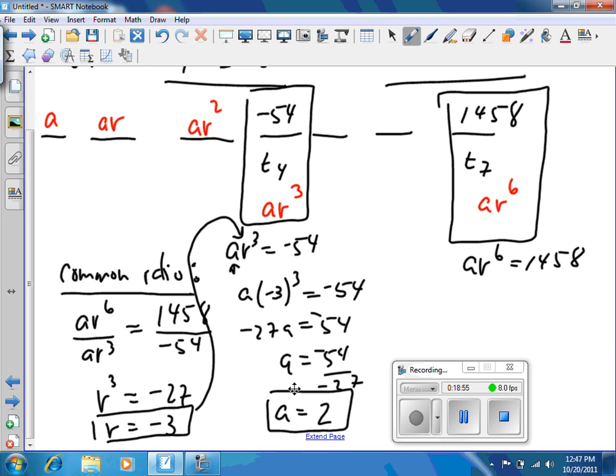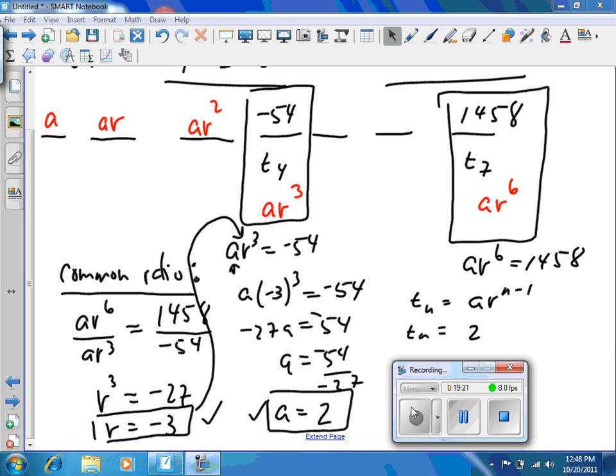What else was I supposed to find here? I was supposed to find the first term. I found it. I'm supposed to find the common ratio. I have it. And the third thing I'm supposed to find is the general term. The general term is AR to the n minus 1. So that is 2 times